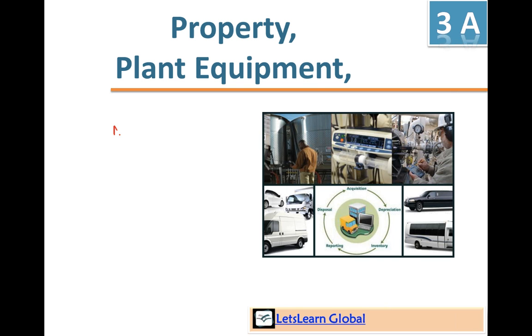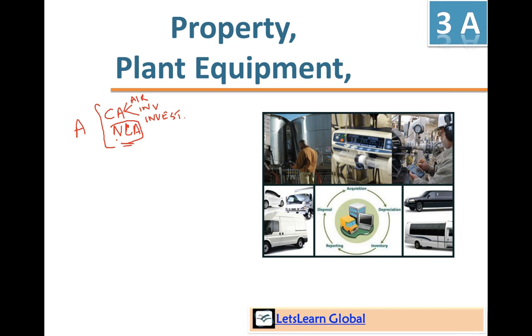Okay, non-current assets. On the balance sheet, you have two types of assets: current assets and non-current assets. We discussed current assets in the previous class in three sections: accounts receivable, inventories, and investments. Now we are going to discuss the topics,